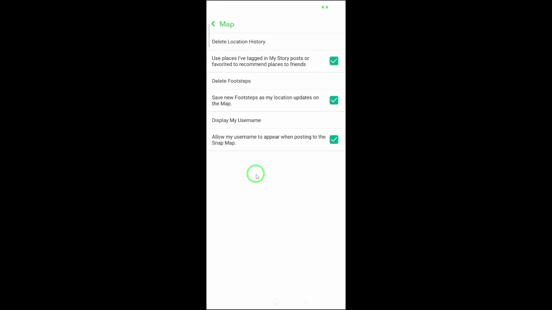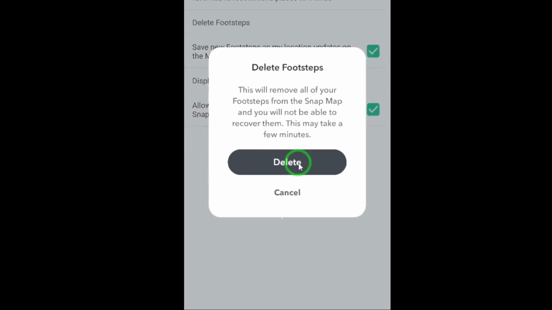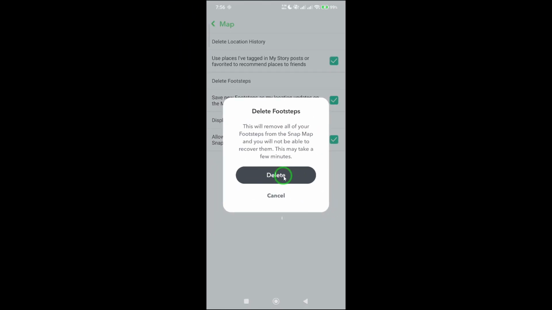Here's the key step. Tap on Clear Footsteps. Snapchat will ask you to confirm your choice, just to make sure you really want to remove your location history. Go ahead and confirm, and that's